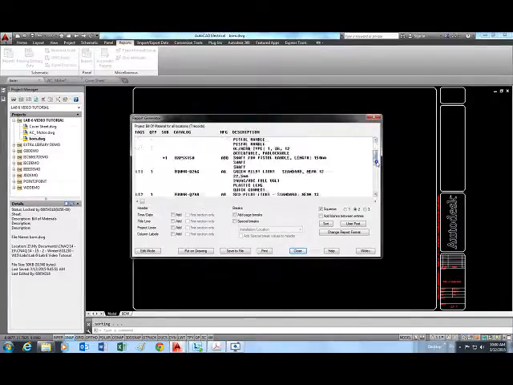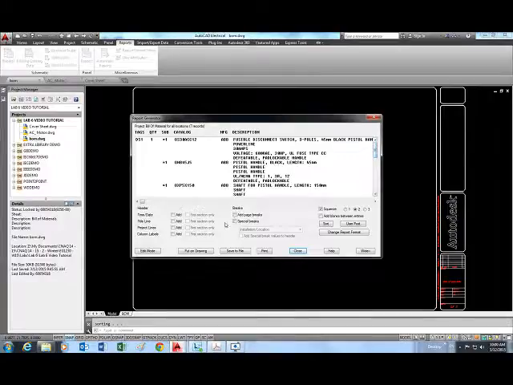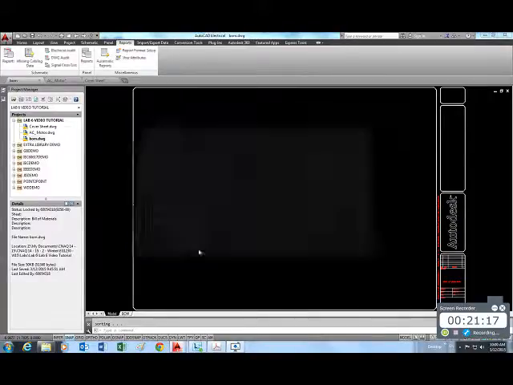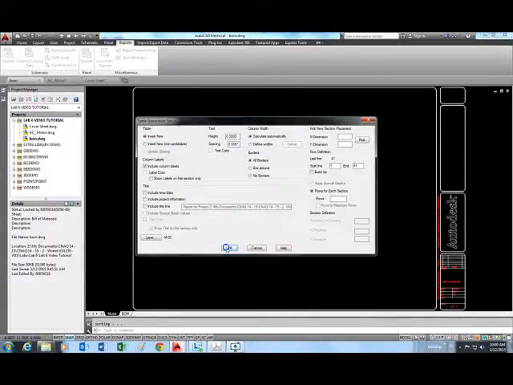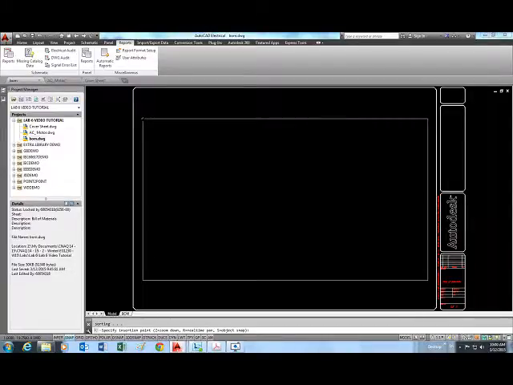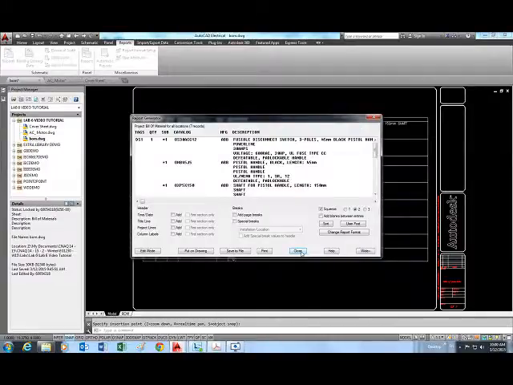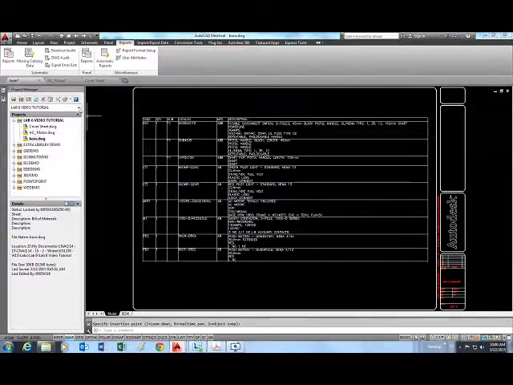You can review the bill of materials before you place it, and then you say put on drawing. You get this, just say okay. Now you get the frame, place it within the border of the template or the title block, and that's it. Just say closed, and there's your bill of materials. Save it,